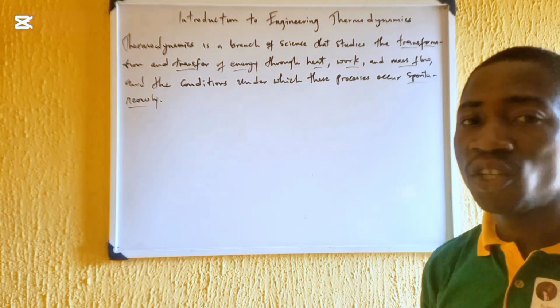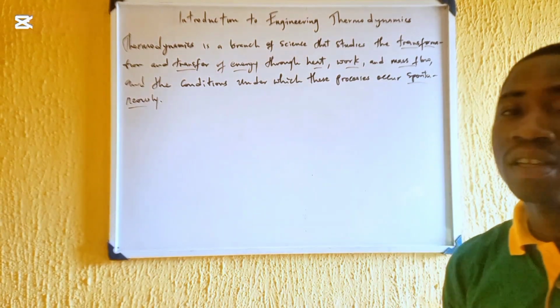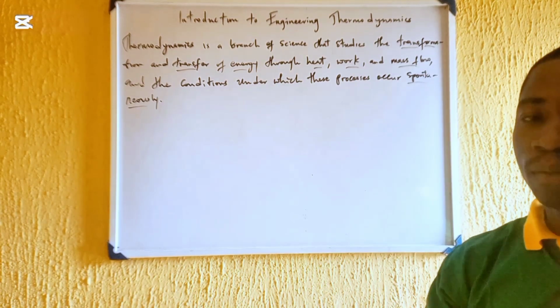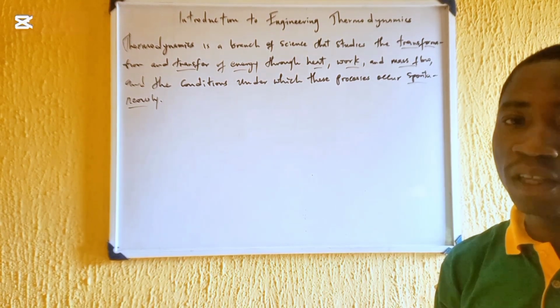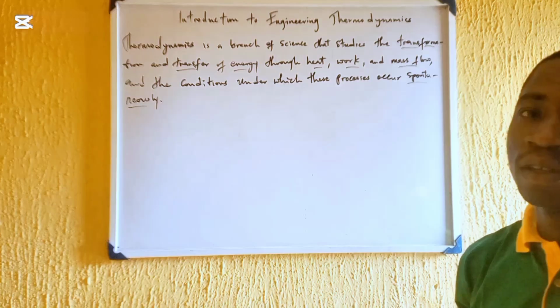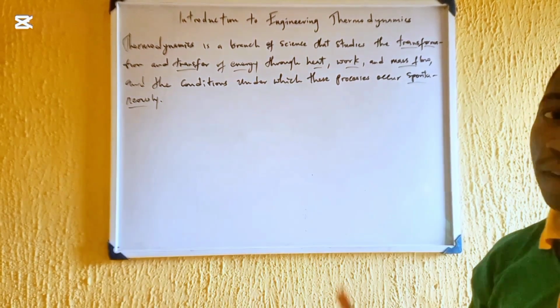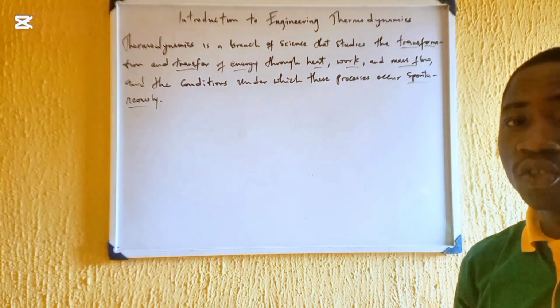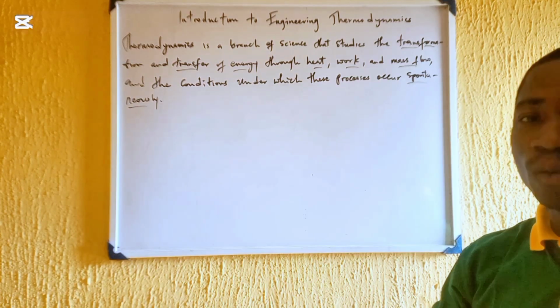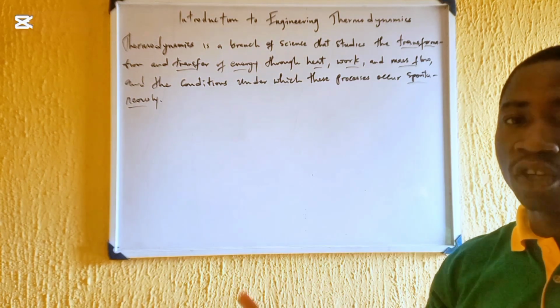So in thermodynamics, we also want to know the conditions that will make the transformation of energy or transfer of energy to be spontaneous. That's the essence of this part. We are not just looking at energy transfer or energy transformation. We're also looking at the conditions that will make that energy transfer or transformation